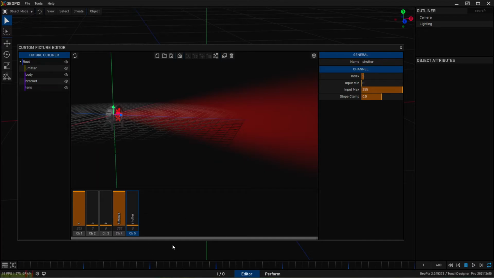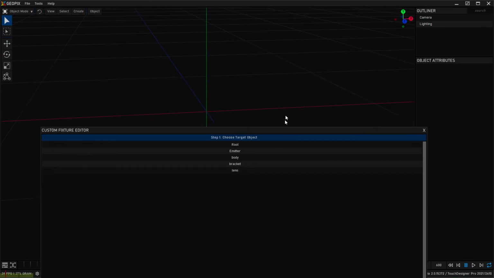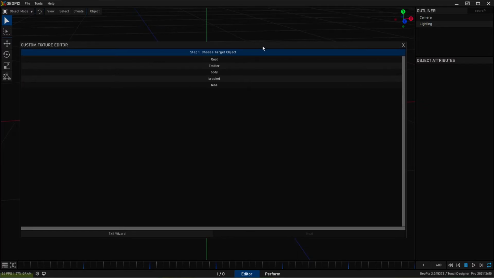So let's go ahead and click on our shutter channel, and let's make a mapper, and we'll call this shutter closed. And for this, let's go ahead and go through our setup wizard. So we'll click on this, and we're just going to work with our beam for now, our emitter object. And so we'll click on our emitter, and we'll go to